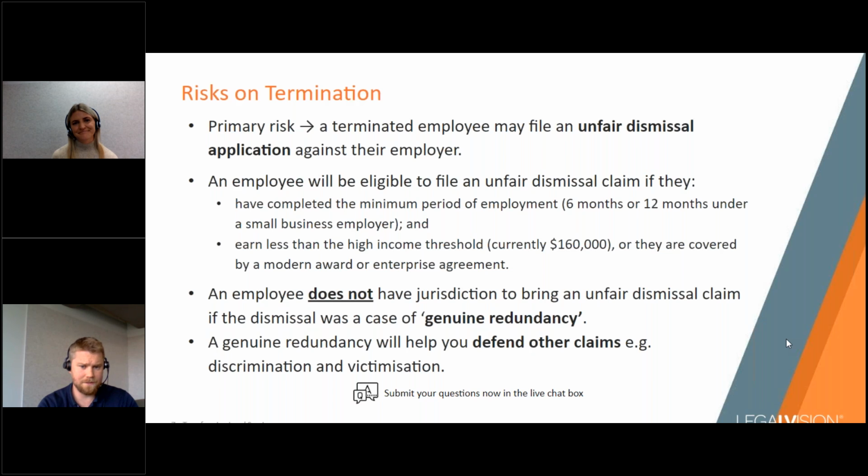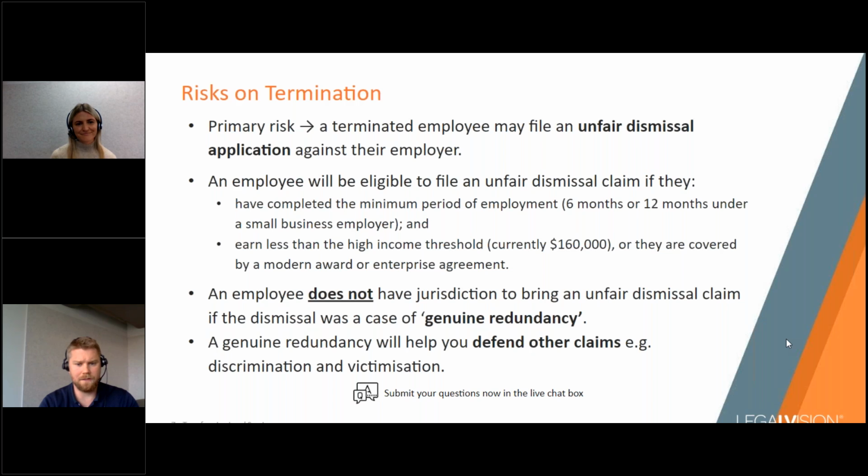So if they're over that, they're not going to be able to bring an unfair dismissal claim unless they're covered by a modern award or an enterprise agreement. Most employees earning over that are probably not covered by a modern award or an enterprise agreement, but they can be. So the first thing always is understand whether or not the person you're making redundant can actually bring an unfair dismissal claim. Now, there is a defense to an unfair dismissal claim, which we'll run you through,